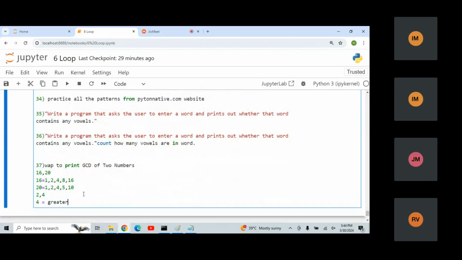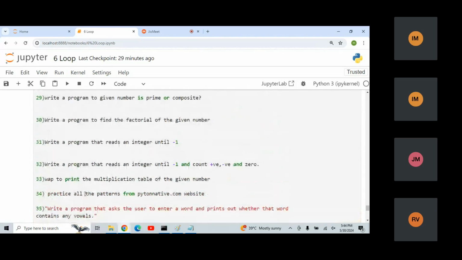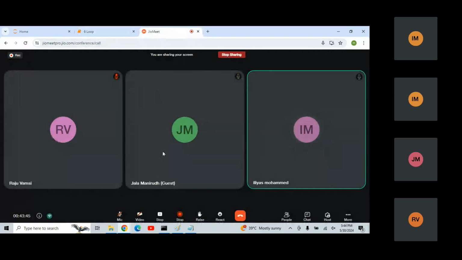Any doubt, any questions? No, sir. Okay, so in this particular class, we have understood the counter control loop. In the next class, we are going to understand how to write the event control loop, how to draw the patterns and how to use the transfer statements. Okay, so practice these things, complete your tasks. If you're getting any doubt or questions, so please let